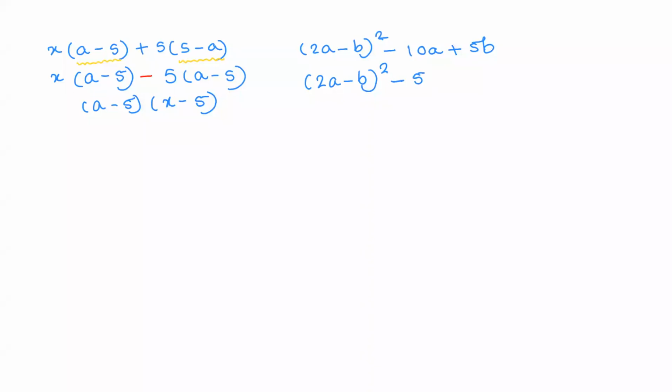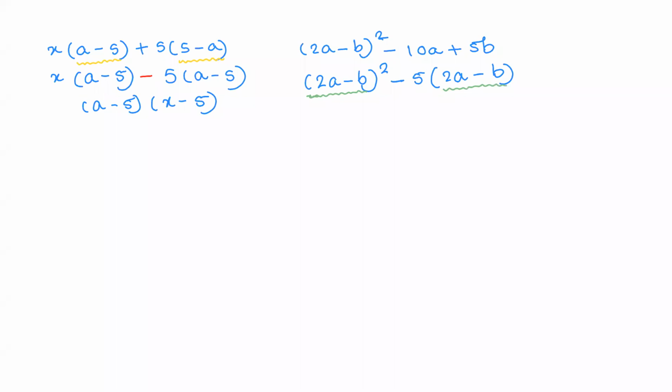If you take out minus 5 common, what happens inside the bracket is, that 10 will become 2a. Now because of the minus, the plus will change into minus and we will have b over here. So we have taken minus 5 common from the next two terms. Tell me students, now what do we do? Now I'm sure you will get the idea what to do next. Check. We have 2a minus b. We have 2a minus b.